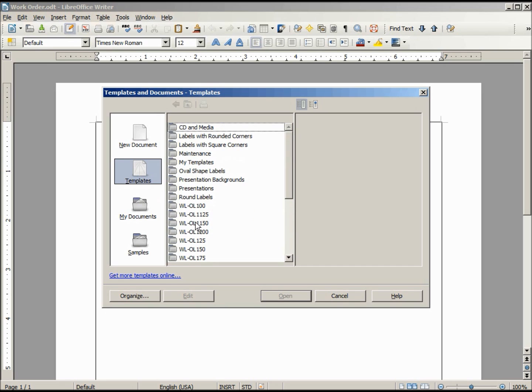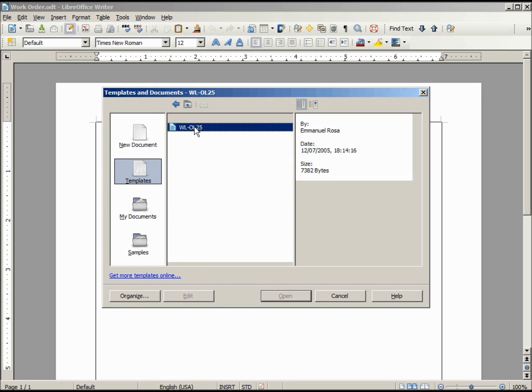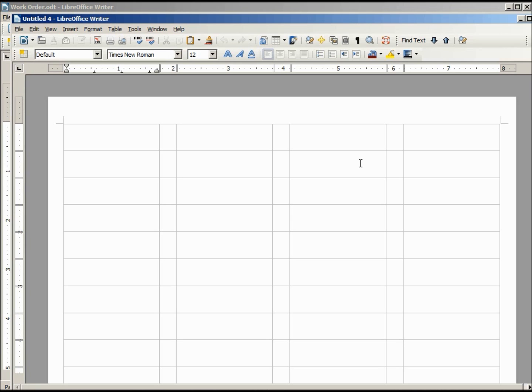Now, you might have to go out to the internet to find out what a World Label 1125 is, but I do know that World Label number 25 is an Avery 5167 label sheet.